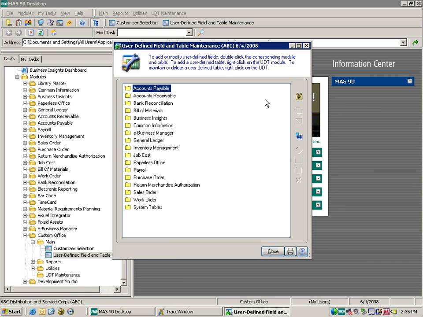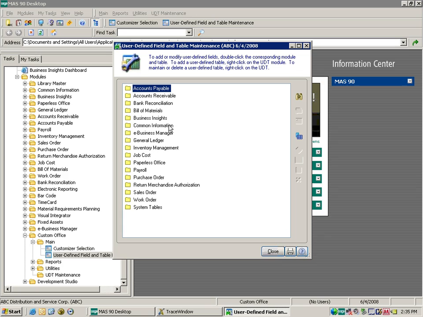So in terms of deciding which module to put it in, it really has to do with the type of information we're tracking, whether it's used across modules. What I mean by that is you may have a table that's in use for maybe both accounts payable and job cost. But let's say the customer who's actually using your modification doesn't really activate job cost. In a case like that, you want to make sure that that table is going to be around for both of them. So you could either put that in accounts payable, assuming they're using accounts payable job cost, or